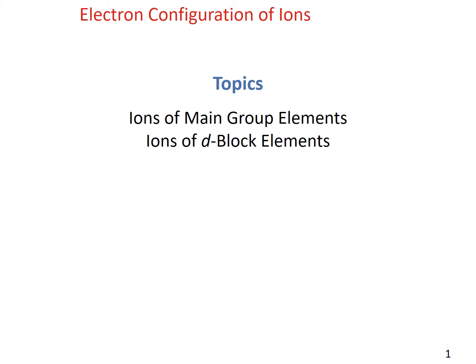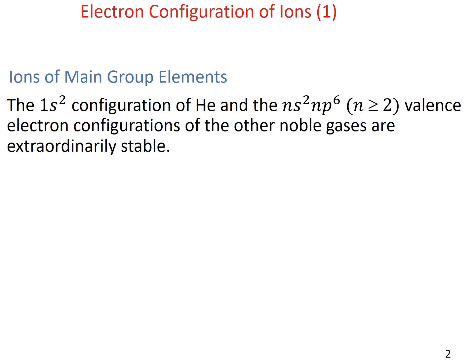Here we're going to talk about how we deal with electron configurations of ions. We'll start with the main group elements and how we deal with ions of D block elements, so transition metals. We treat them just a little bit differently. So we're familiar with electron configuration of something like helium,